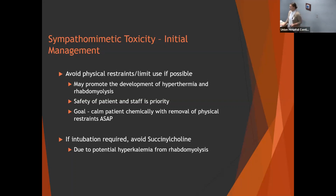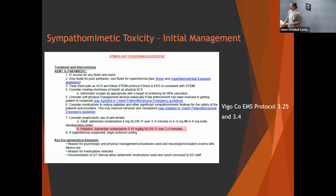If they require intubation, which they might, they say to avoid succinylcholine. I'd say that's a relative contraindication due to rhabdomyolysis. Most of the time, you're not going to see that hyperkalemia in that initial acute setting. You'll see that a few hours later, but just FYI on that. In your protocols, you'll notice your cold saline ability to help cool that patient, and then it refers you to your agitation protocol 3.4 as